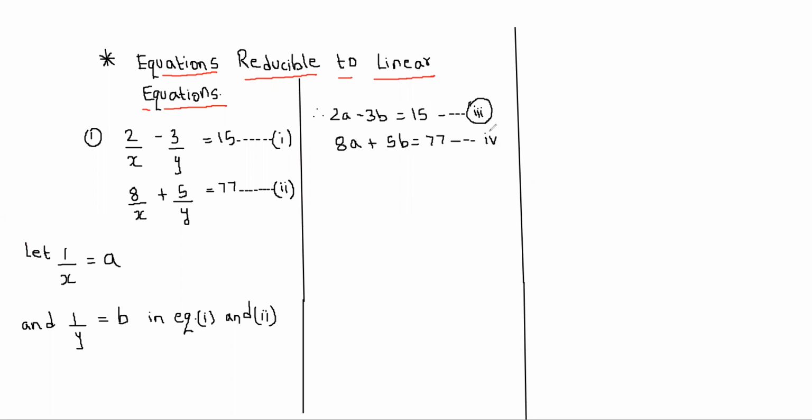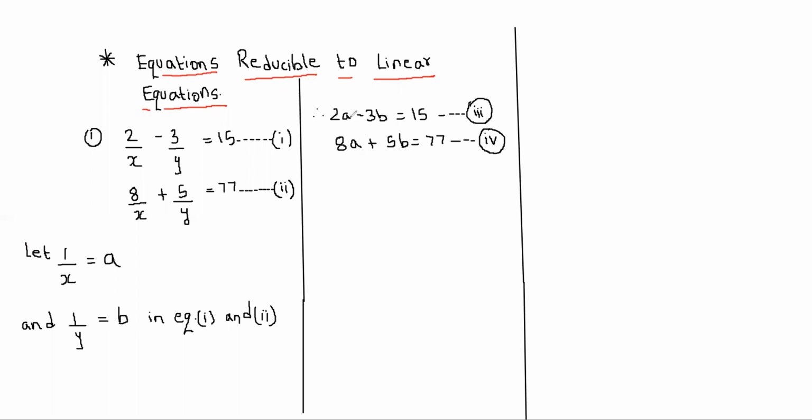Now as I have taught you how to solve simultaneous linear equations by the elimination method, the same method we are going to follow here. We'll observe the terms a and b and see which one is exactly the same. Neither a is the same nor b is the same. The next question we ask ourselves is, which term can we easily make the same?